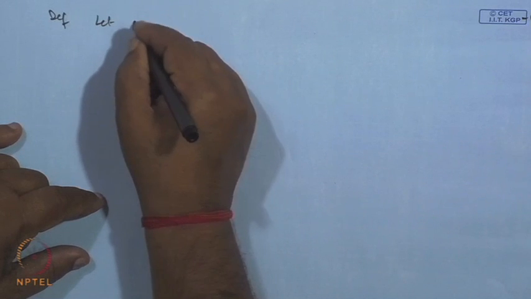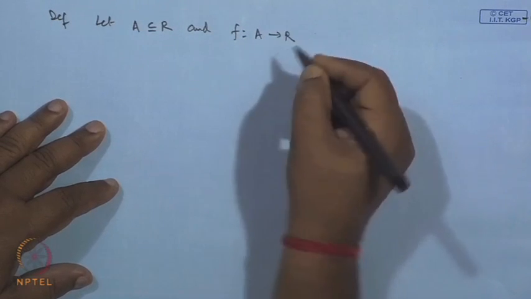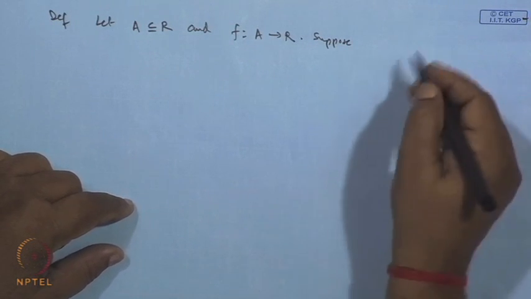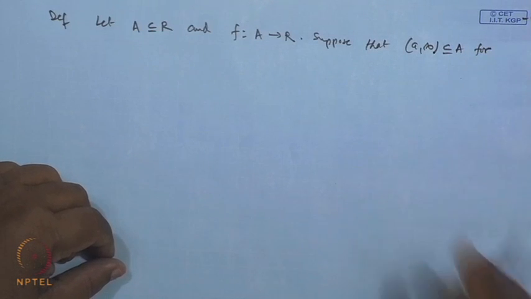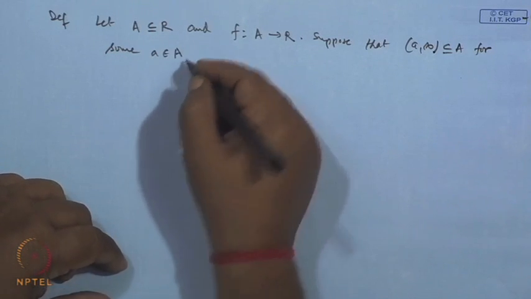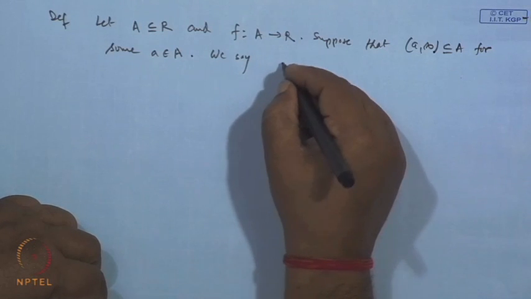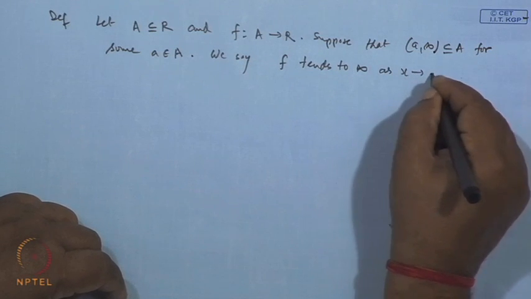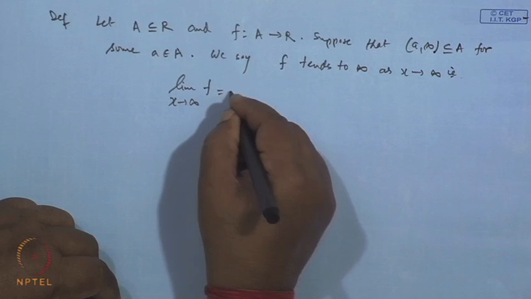Let A be a subset of R and let f be a mapping from A to R, and suppose that (a, infinity) is contained in A for some a belongs to R. Then we say f tends to infinity as x tends to infinity, and we write the limit of f when x tends to infinity is infinity if